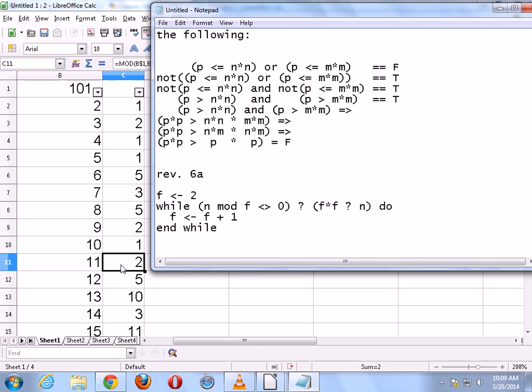Well, we only got a few choices, right? Comparisons only have a few choices: less than, equal to, greater than, less than or equal to, greater than or equal to. Those are the only five practical ones. Less than or equal to? You're pretty close, but I think less than will suffice, because if it equals, it would also fail the first condition. If f times f equals n, that means f is a factor of n, which also means n mod f is going to be 0 also. So you can double ensure,